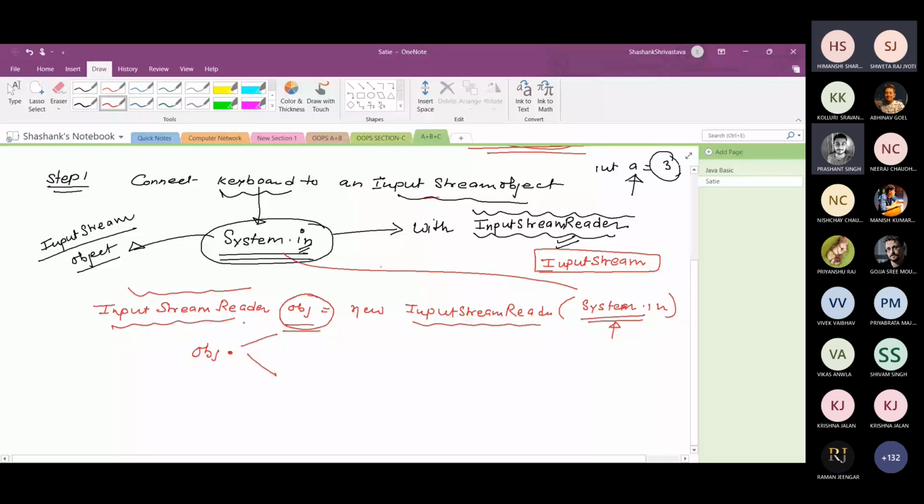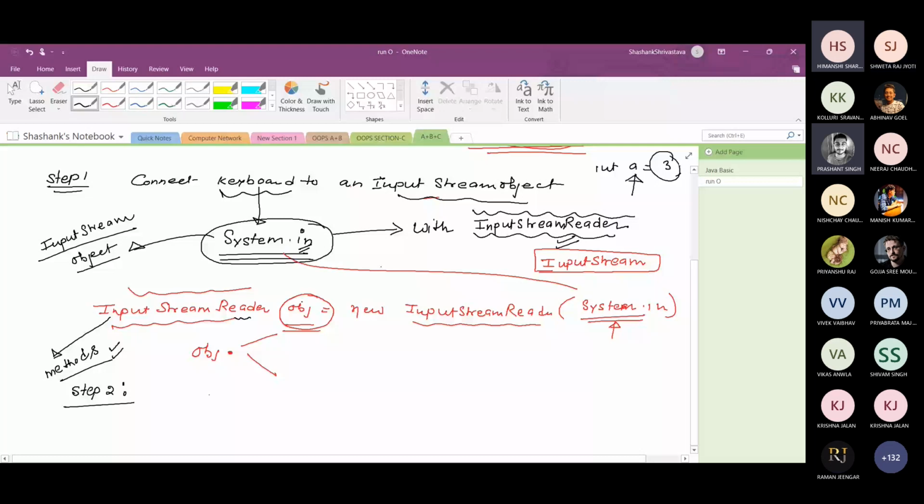Fine. Now, in the second step, अभी इसको रीड नहीं करेंगे. हालांकि input stream reader class has certain methods in order to read the data. So with the help of obj, we can call that particular method. You can see the list of input stream reader class read methods on any website and just use that method. But here, in order to speed up the process, we will prefer the buffered reader class.